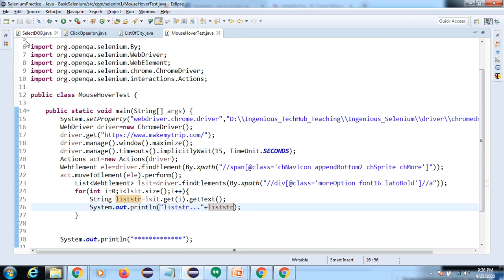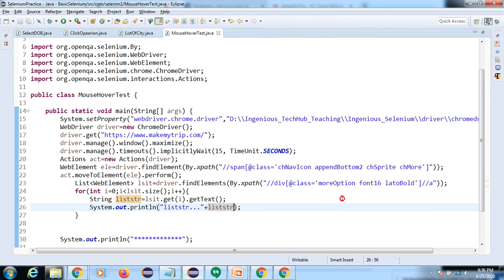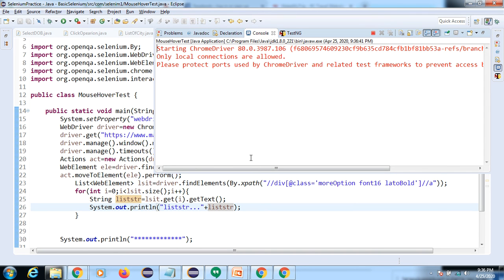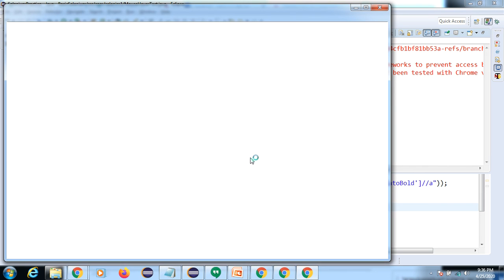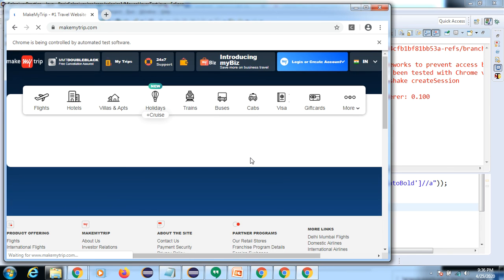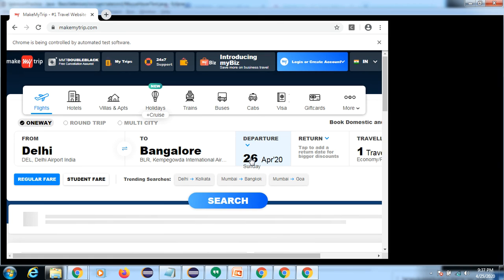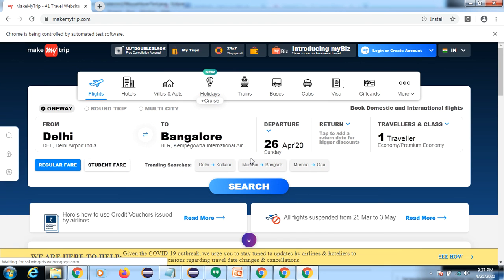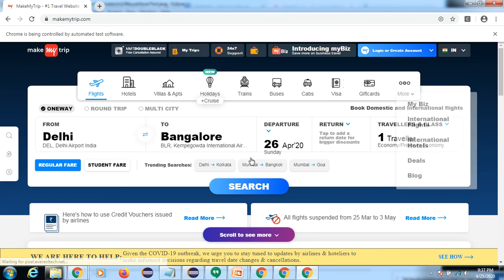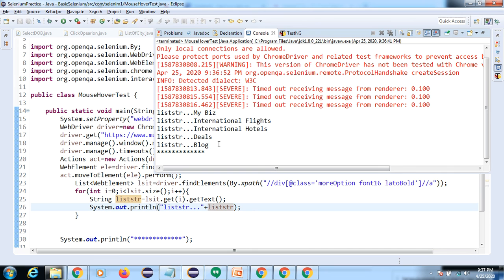So here I'm going to execute this code. You can take the same code I have done, and add a few more steps, or you can verify the text, or verify the title. You can add all these steps. Here I want to display all the mouse over dropdown items, I want to display this list also. So let's see in the console. You can see it displayed all, right?